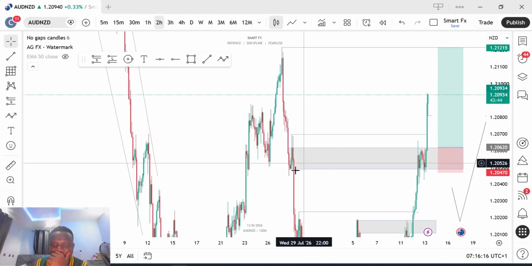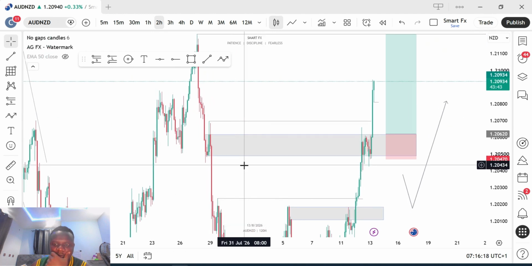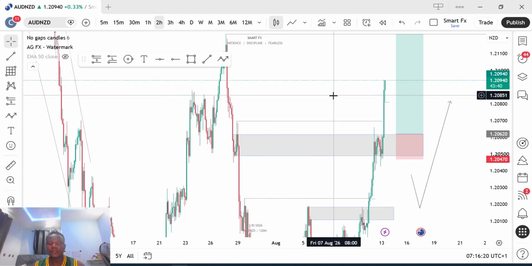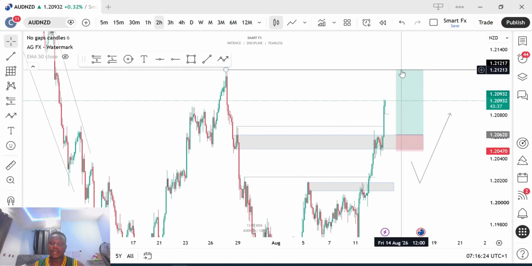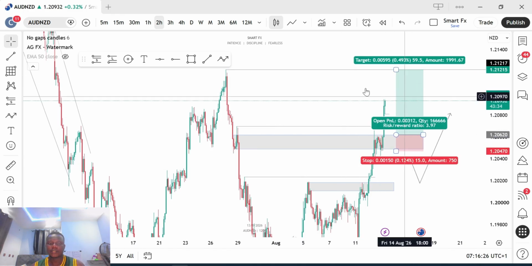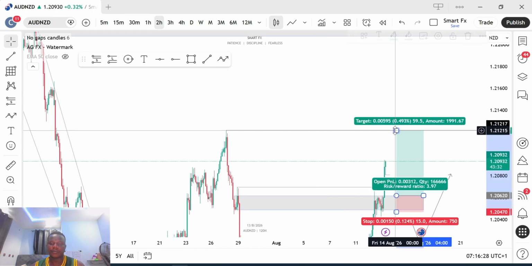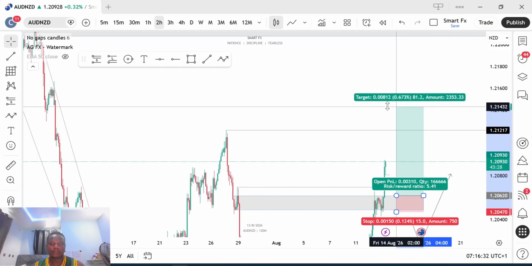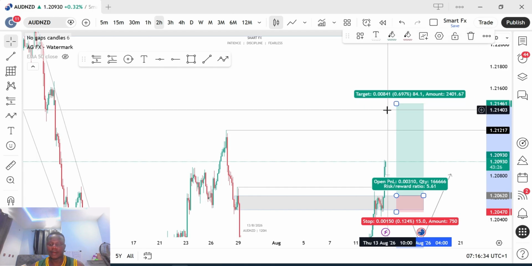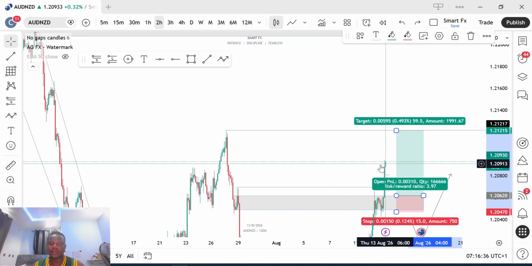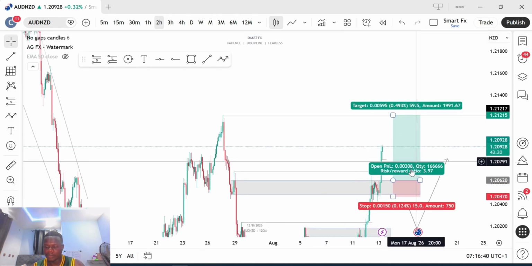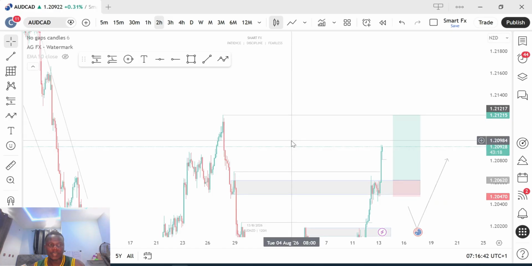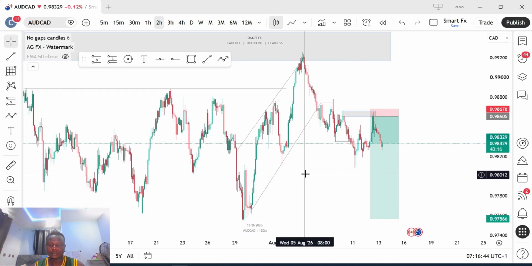It is more obvious in 2 hours. So this is where I got my breaker block from. If that happens, I'm going to take a buy from there to take out this high. I know it's going to go deeper. If I enter this in my challenge account, I'm going to make it up to like 5 RR, but because I'm looking for just maybe 1 to 1, I'm not looking for much. I'll target this in my funded account, AUD card.